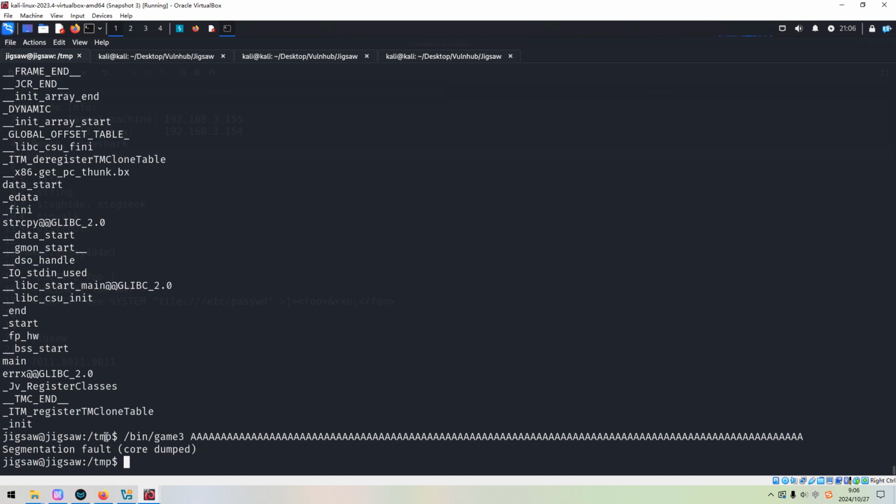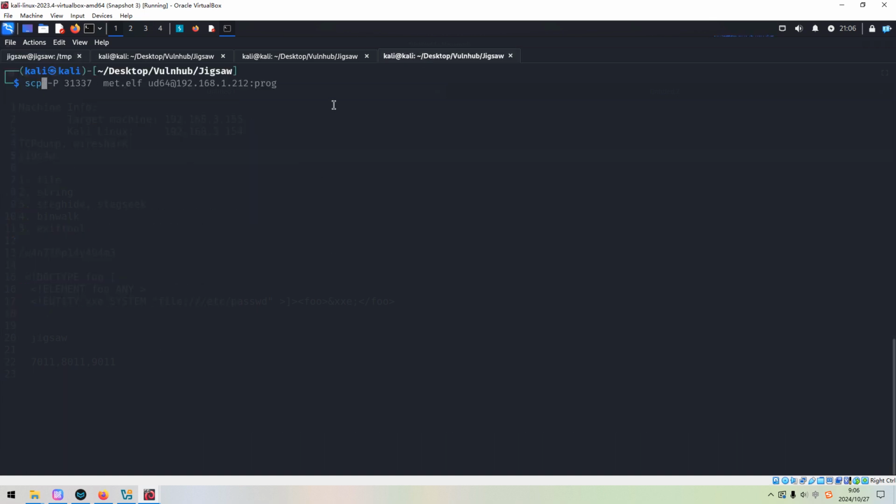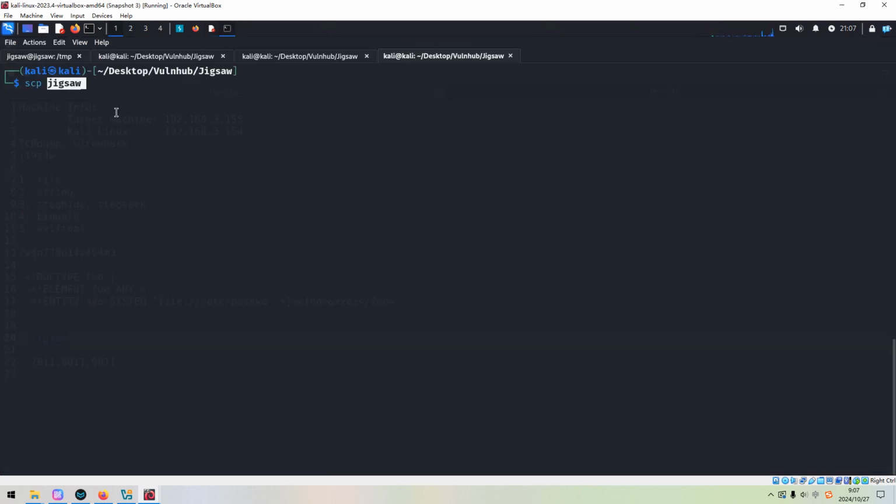So next we can transfer this binary to our Kali Linux, right? How to do it? We can use SCP. We need the username because it is difficult for me to remember it.